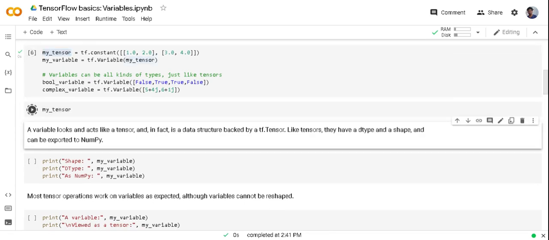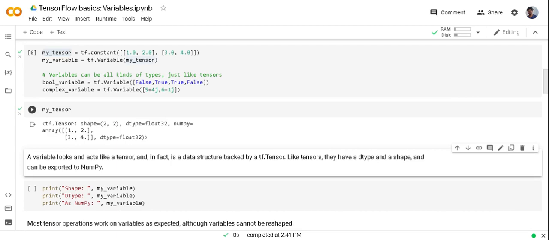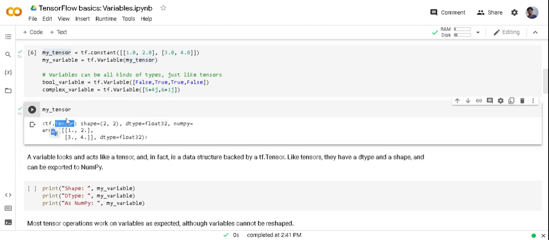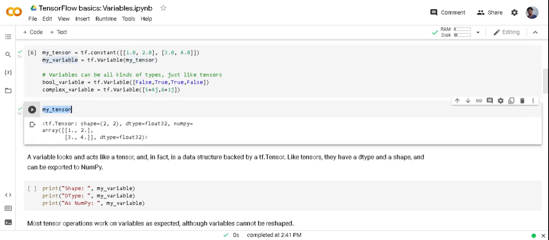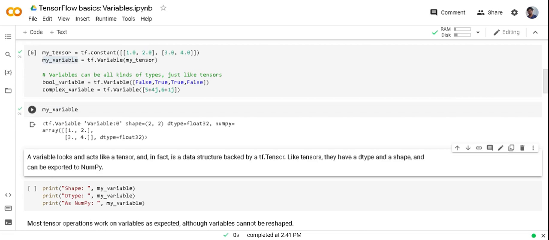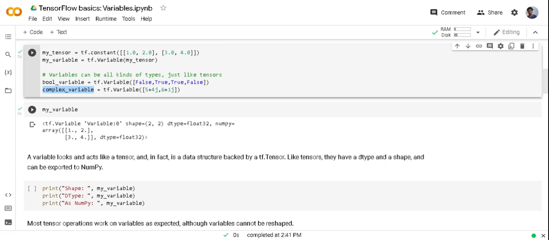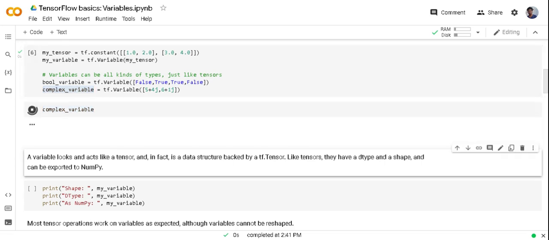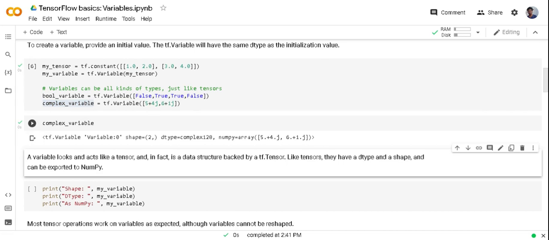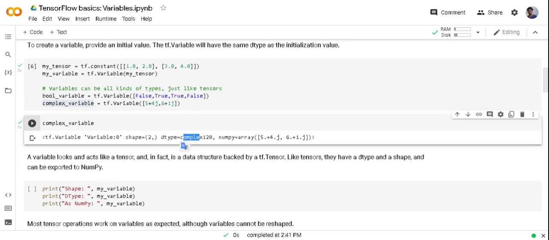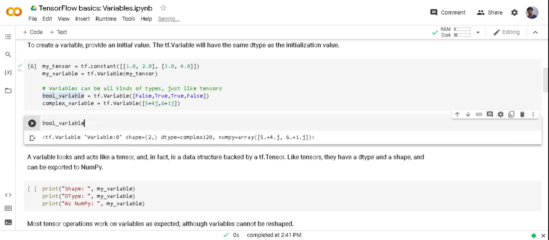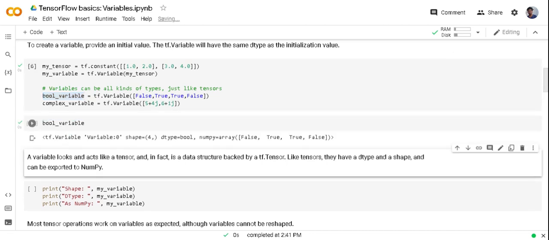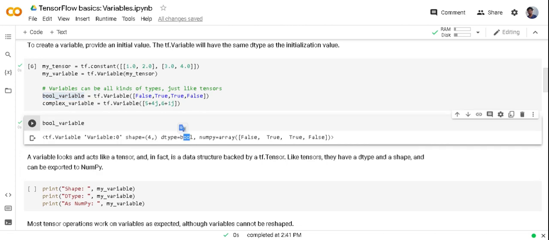So here you can see in my tensor, a tensor is held, but in my variable, tensor is converted into variable here. And also let me show you data type of complex variables. Here you can see complex data type, and type of boolean variable is boolean here.